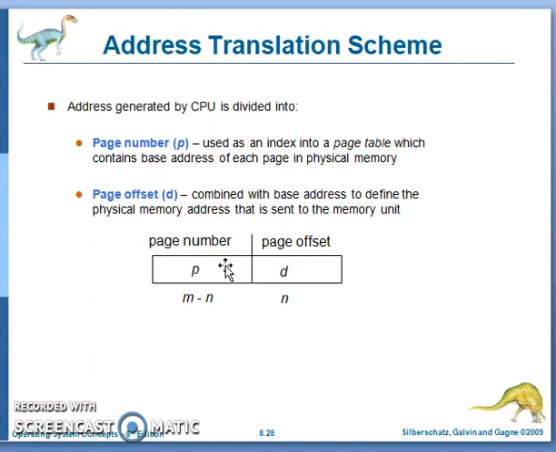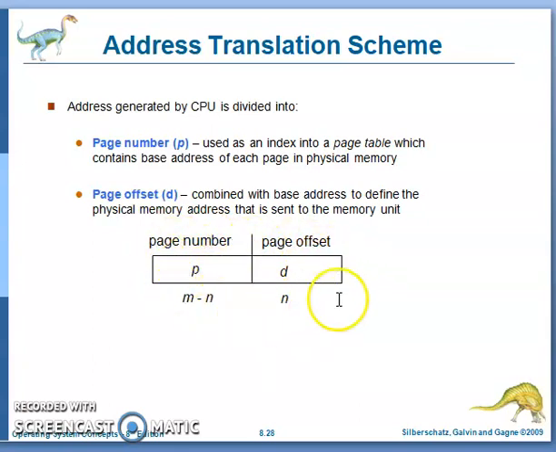Line 150 of the job can be referred to as the 50th line in page 2. For example, line 350 in a job, you can find as the 50th line in page 3. That is the page offset. This is the page number. Page offset is the line number within the page.